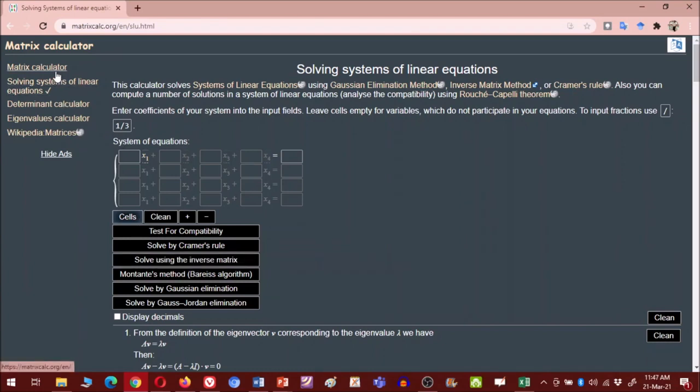Suppose, being a teacher, you want to make 3-4 sets for your students so that they may not cheat, then you can use this website to get the solutions of all those problems. It will save you a lot of time. Now let us go to the next tool, which is